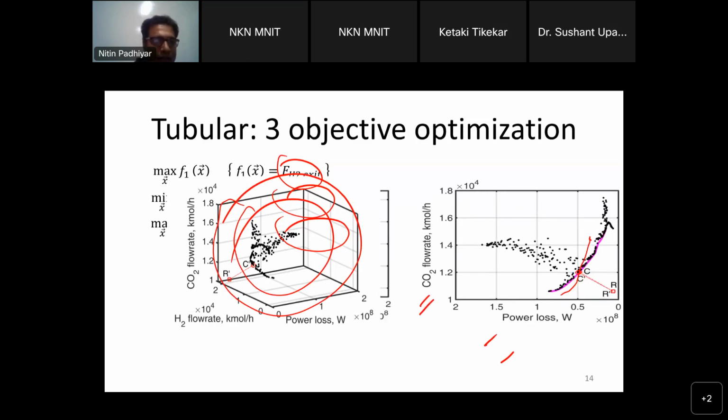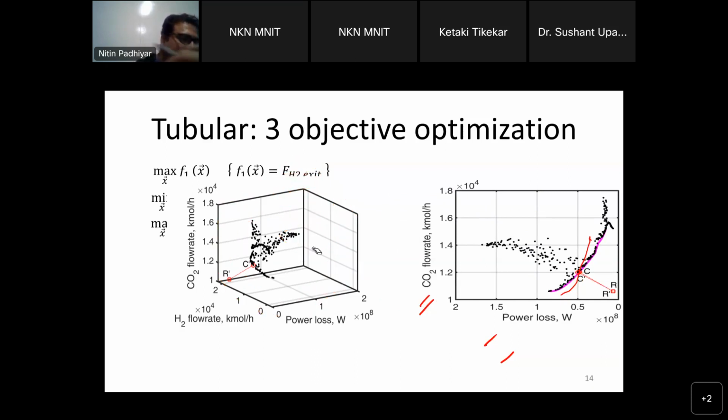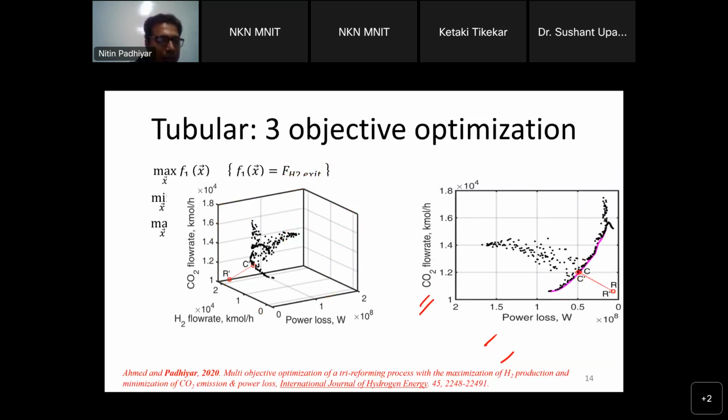Effectively, what I'm saying is that if you solve this 3D, three-dimensional multi-objective problem, you have solved the two-objective problem for each of the three combinations. So this is the superstructure of all the three problems, which we can solve in a single shot. This work we published in the International Journal of Hydrogen Energy, a very reputed journal, in 2020, and